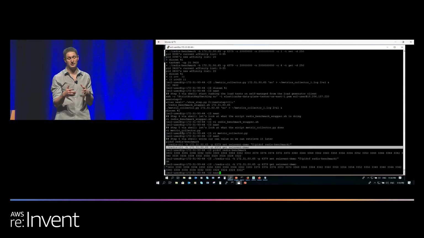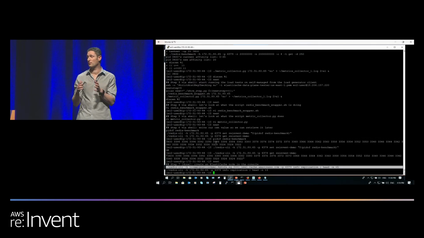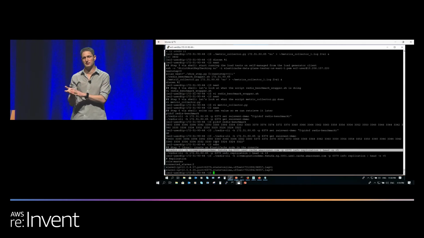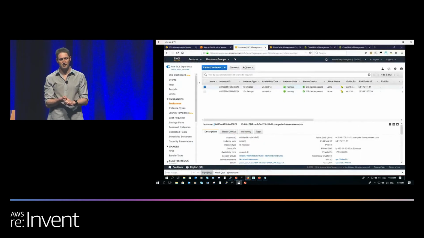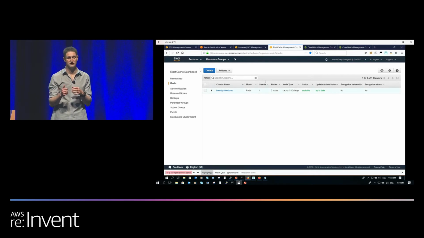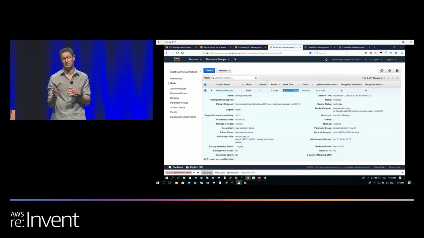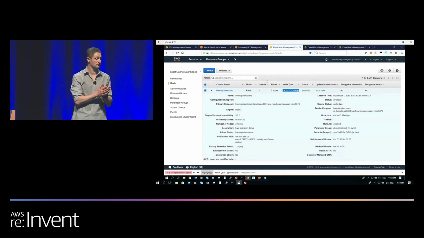All right, now we will show the next step. We're going to look at the configuration of Redis, the replication info of both ElastiCache and the self-managed one. But before that, we'll create the ElastiCache cluster. Going back to the console, as you can see, I already created an ElastiCache. I'm using the same R5 12xlarge host, the same exact instance type that we used before in EC2. I'm doing this so I can later compare apples to apples, running traffic to both of those and seeing the results.